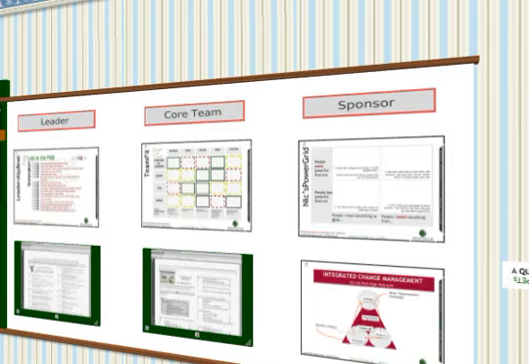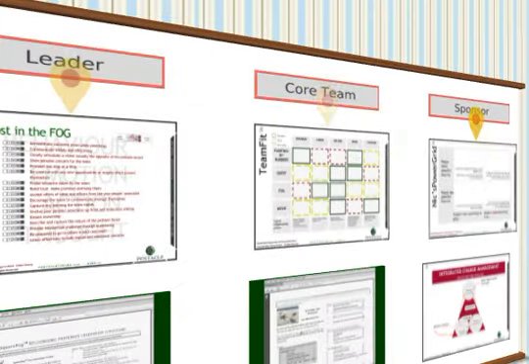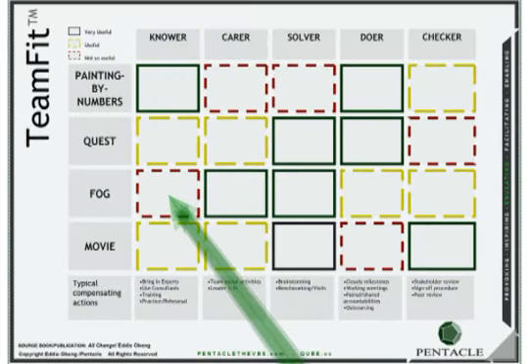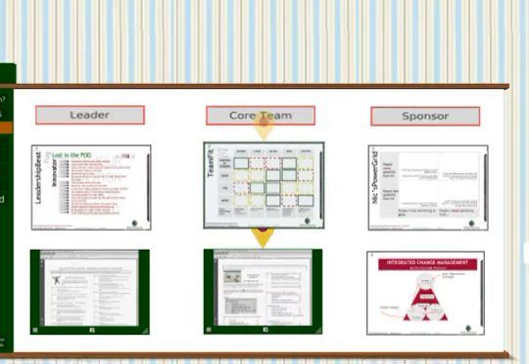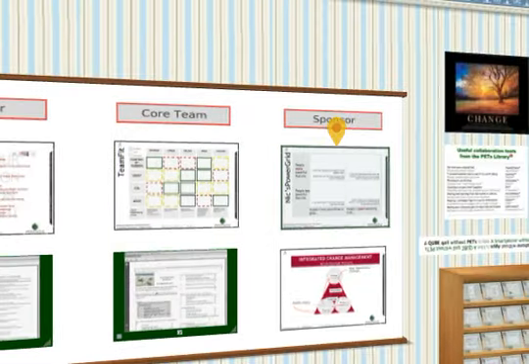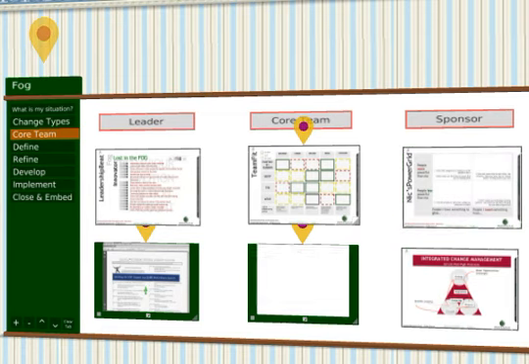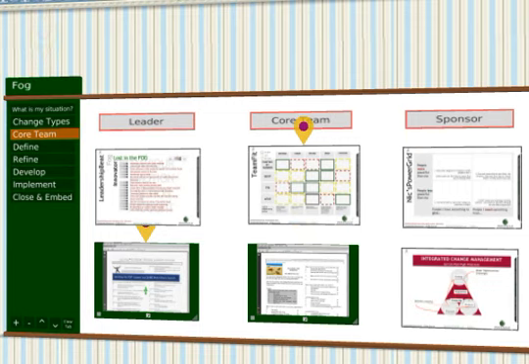So a core team, you need to think about as a leader what your team needs to think about to make a project like this work. In a foggy project, you want tons of people who are carers and solvers. You probably don't want too many people who think they know the answer before you start. And then for your sponsor, there's going to be a hell of a lot of politics because it's hard to define this type of project. So some time spent thinking about that is good. There are some quizzes here to help you work out what your team contributions should be. So if you don't know how to contribute as knowers or carers or solvers or doers, etc., you can do that